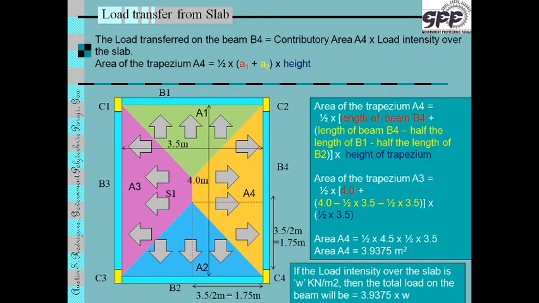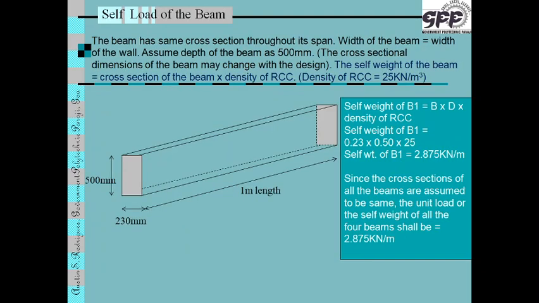3.9375 W. Now up to here we have understood what are the contributory areas and how the load from the slab is computed as coming on the beam. Whichever beam it may be, it takes the load from the slabs. So how much load is actually coming on a particular beam from that slab can be calculated this way. So we have calculated the loads coming on the beam B1, B2, B3, B4, the loads coming from the slabs.